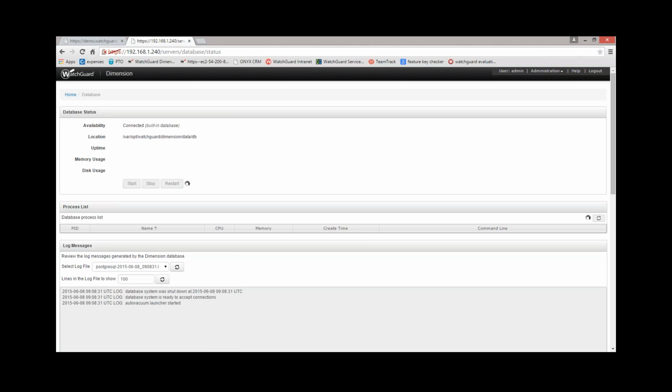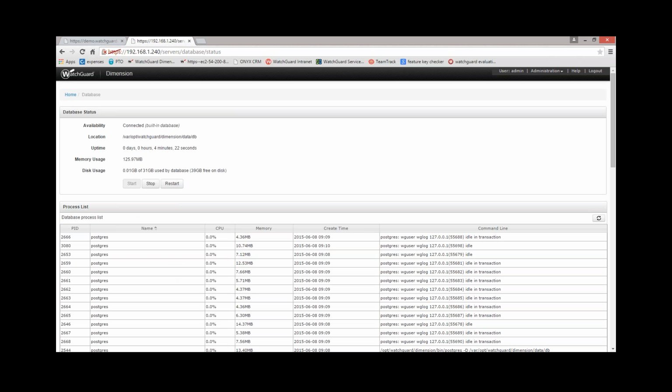Database management, all pretty much the same. Again, you don't really ever need to go in here and play with any of this. This is just the logs for the SQL. However, user management,